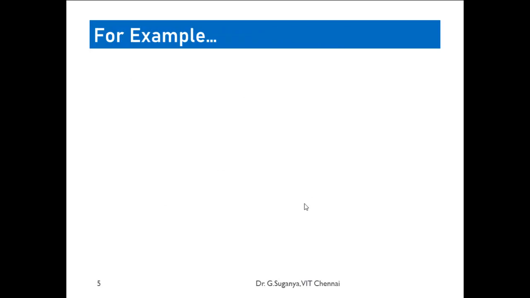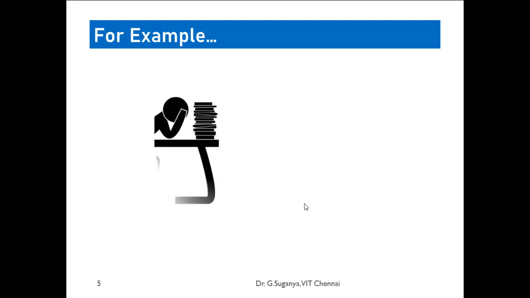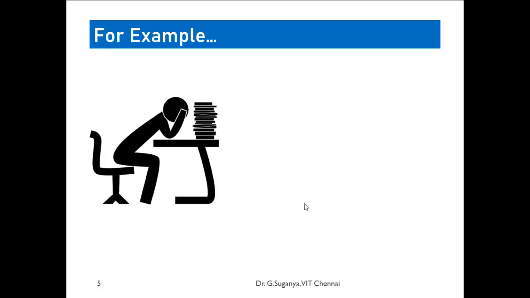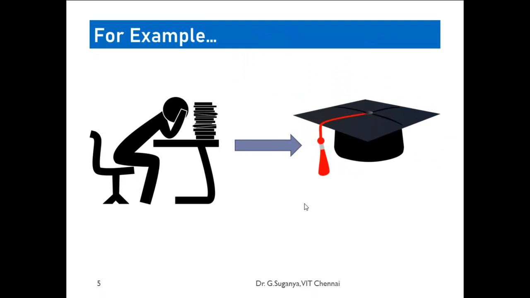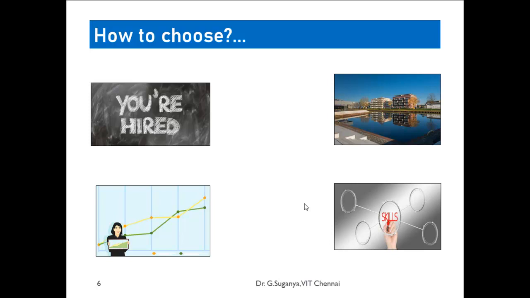Let us have a non-technical example to make it easier to understand. Assume that a student is getting confused choosing a particular college for his admission. I'm not referring to any particular university. Let's say a student is confused in choosing an algorithm. How will he choose a particular college for getting his graduation? On what parameters or on what basis will we be choosing it? I have given a few. Hope this would be the requirement for you all, but not restricted to this.